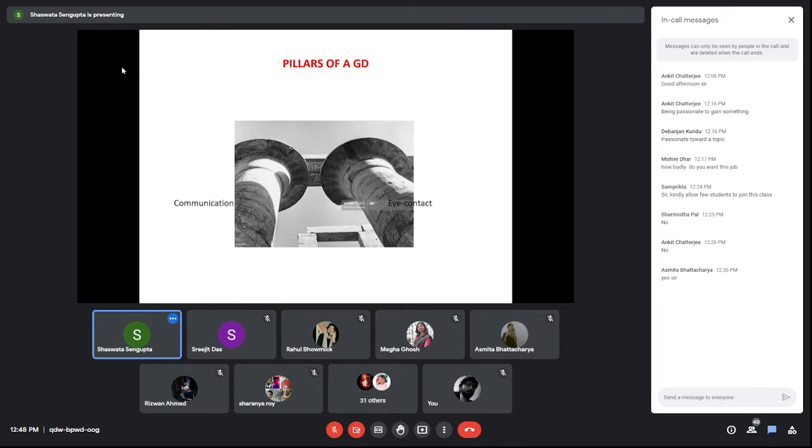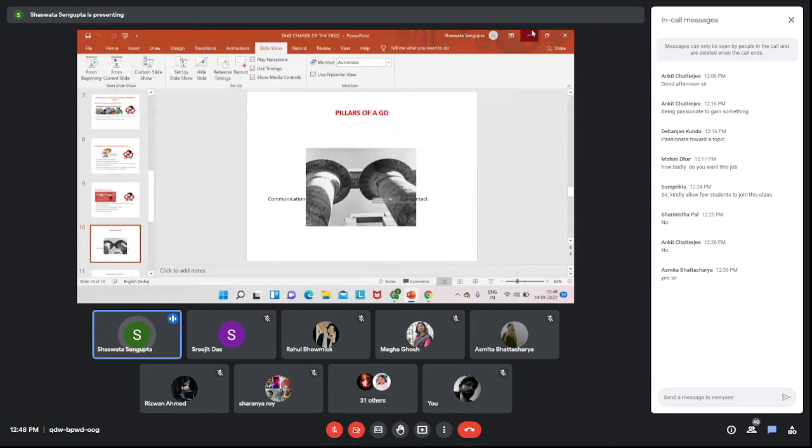Then again, your non-verbal communication skills too will be put to test. Now, what do I mean by non-verbal communication skills? Non-verbal communication skills are what we may call what our body language says about us. Proper body language is very, very necessary. Very often, without realizing it, we all use improper body language. But then again, that body language shows a lot about us. Very often, the body language that we use turns out to be improper, and that body language will speak volumes about us. I'll just demonstrate one example of improper body language.